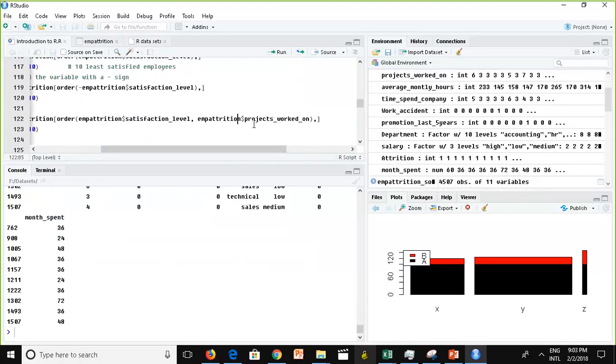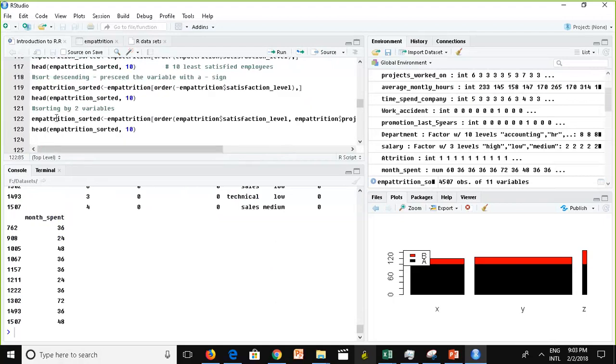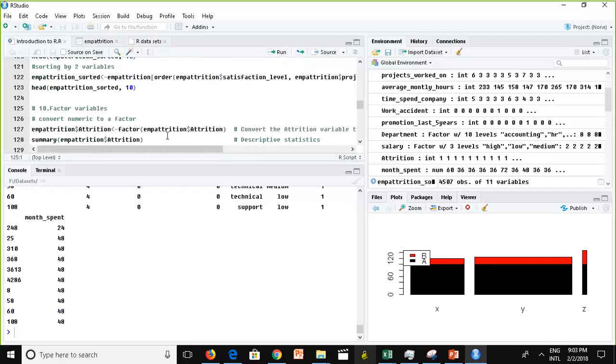So if both of us have 10 satisfaction level, and if I worked on one project, I'll be displayed ahead of somebody who worked on 2 projects, right? So this is what you do, and you can play around with this afterwards. I'm going to give you the script and the data. Okay, now